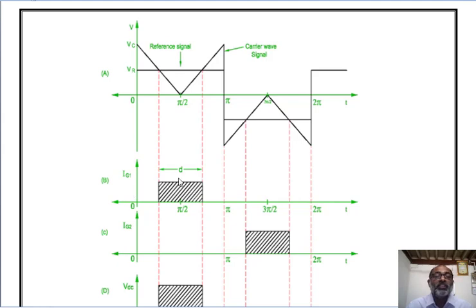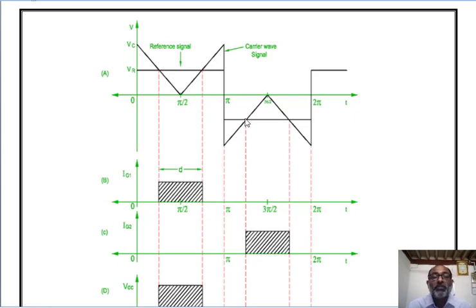Here you can see. Now still it is available. It becomes 0. Then the carrier signal is increasing. After this it is increased. Now at this time the carrier signal is greater than the reference signal. That means it cannot generate a signal. So during this period we will get the gate pulse, and this is B. It is nothing but the width of the gate signal.